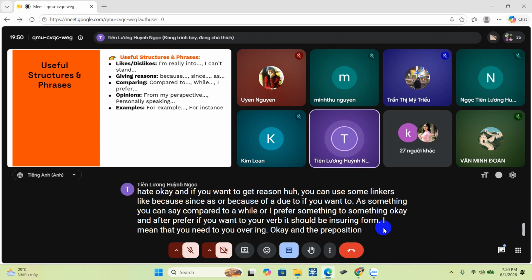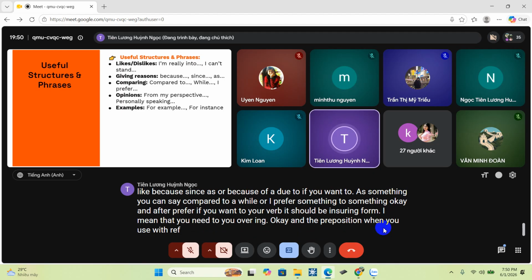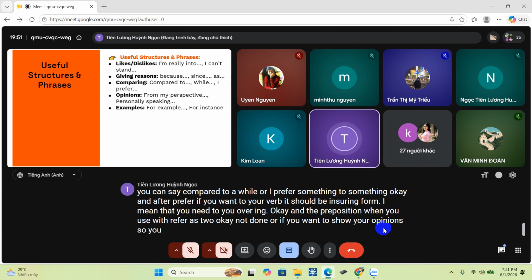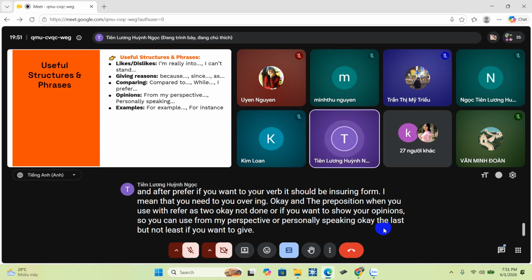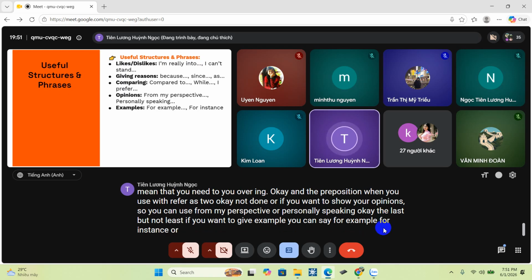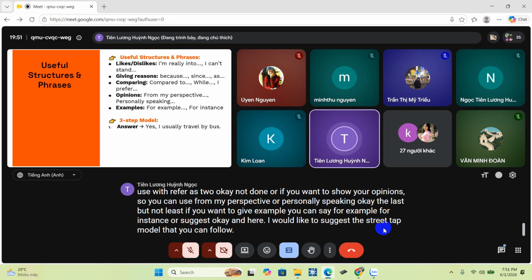The preposition you use with prefer is to, not than. If you want to show your opinion, you can use from my perspective or personally speaking. Last but not least, if you want to give an example, you can say for example, for instance, or suggest. And here, I would like to suggest the three tag model that you can follow when you do